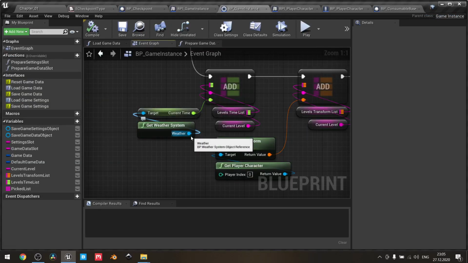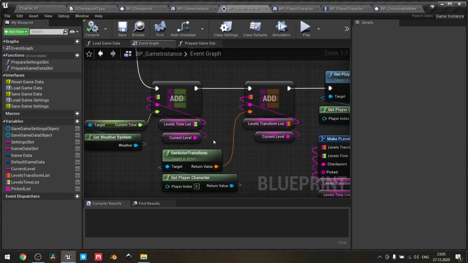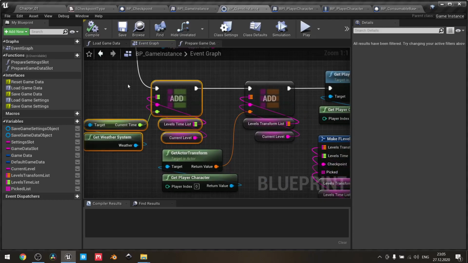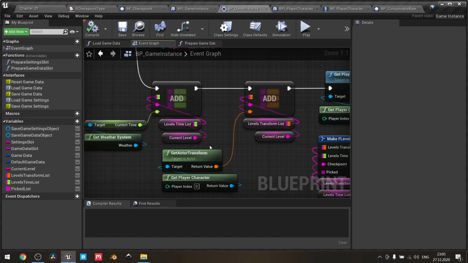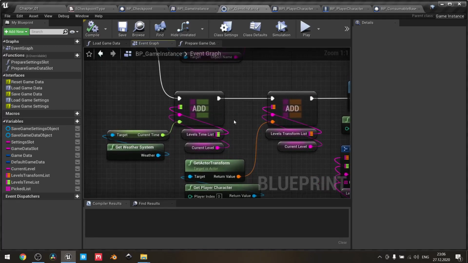So through the weather system, I can have the current time added to the levels time list as the value for the key, and the key stands for the current level. In case you don't have a dynamic weather system, you can skip this, and implementing synchronization between the save system and weather system will be a little bit later. So please